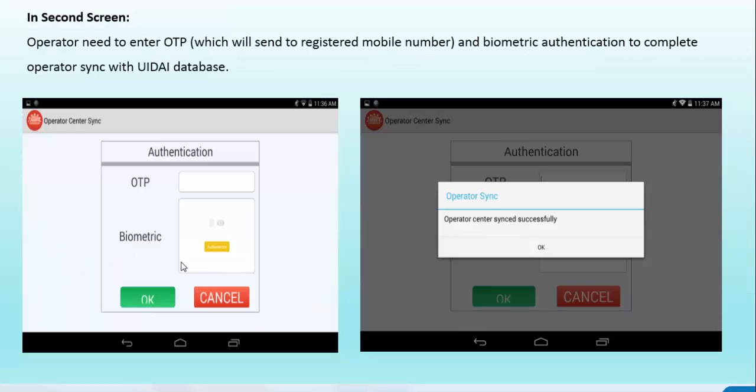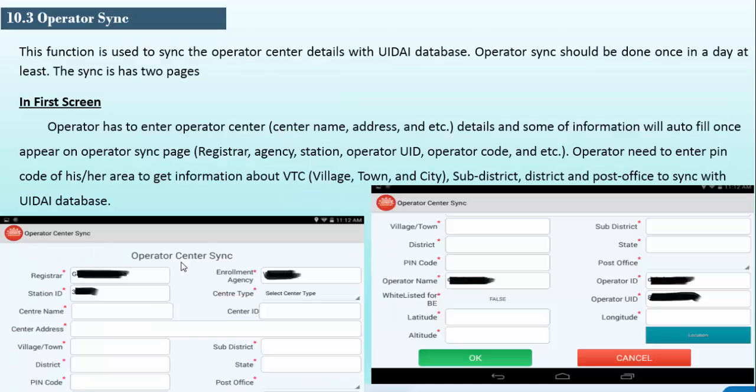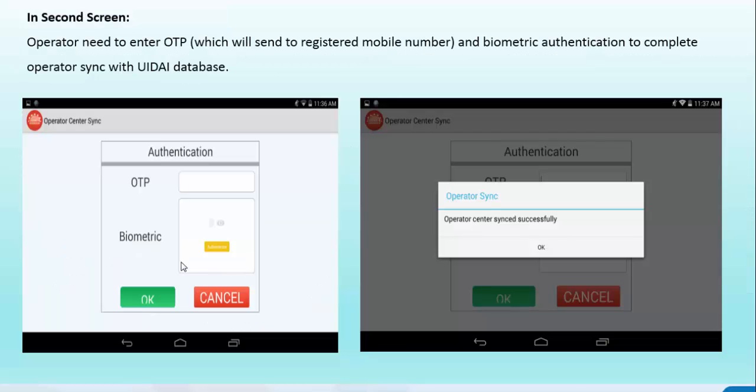Once you click that OK button in the operator center sync screen, after entering all the details properly, it will trigger an OTP to the operator mobile number which is linked with the Aadhaar. Then you have to enter the OTP, then the operator has to give the fingerprint, then we can click the OK button.